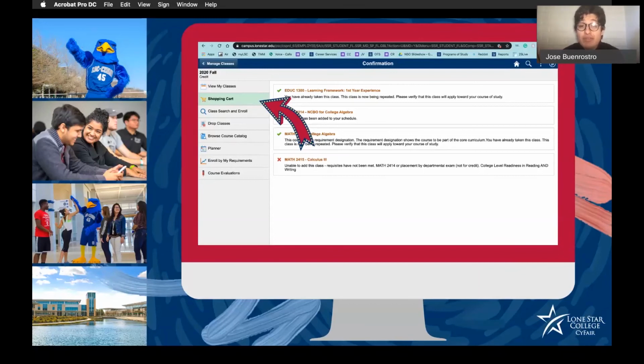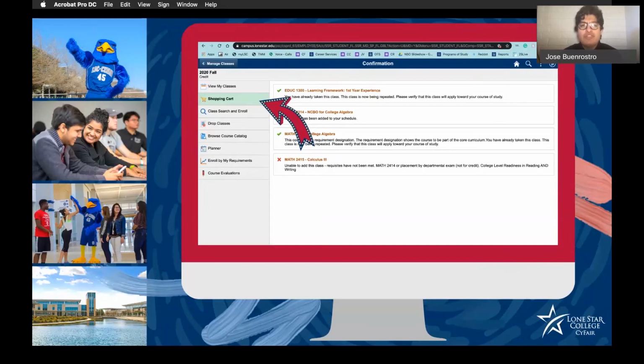So I do not meet the prerequisites. I knew that. That's why I got my little X. I just wanted to see what happens when you register for a class that you don't meet the prerequisites. And let's say you do meet the prerequisites. A lot of students who might have problems registering, might not be able to register, and you know you meet the prerequisites,